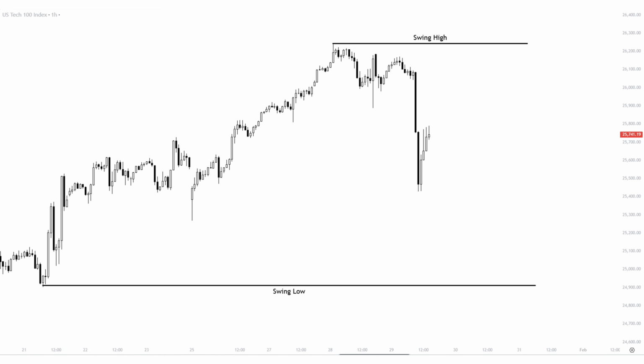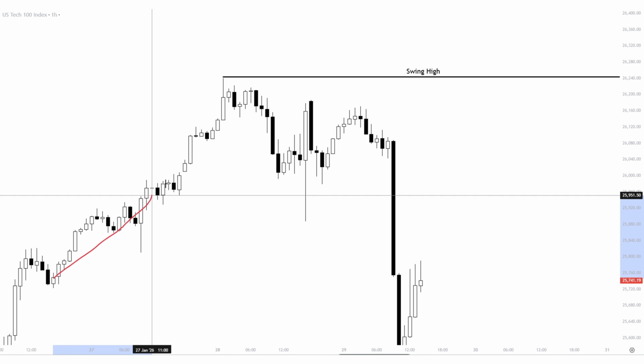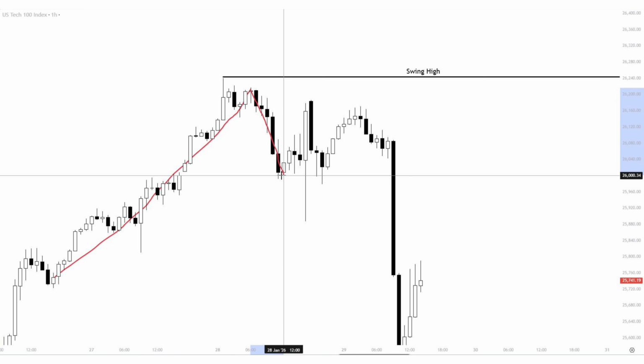Now we're going to zoom out so we can see the swing high as well. Before marking the swing high, we obviously had this uptrend that was pushing aggressively from the swing low. The last upside push was followed with a pullback to the downside that was much larger than the previous pullbacks. For example, look here, and here as well. So the pullbacks were a lot smaller compared to the last one,